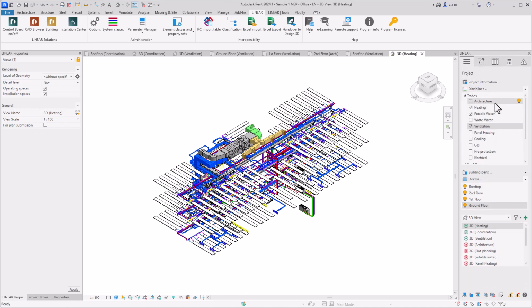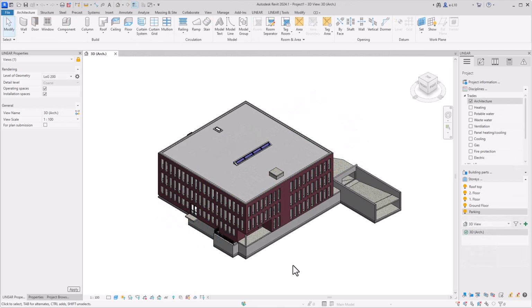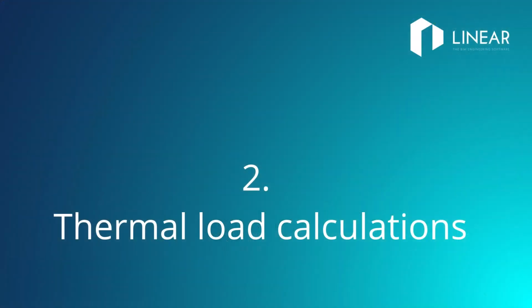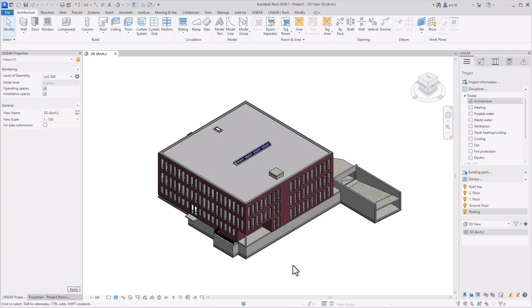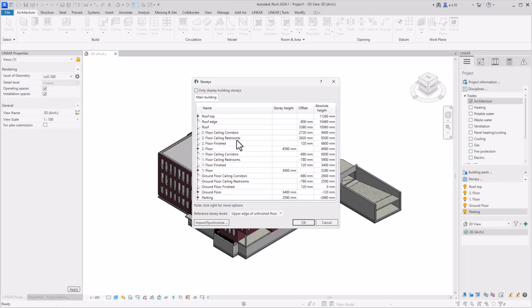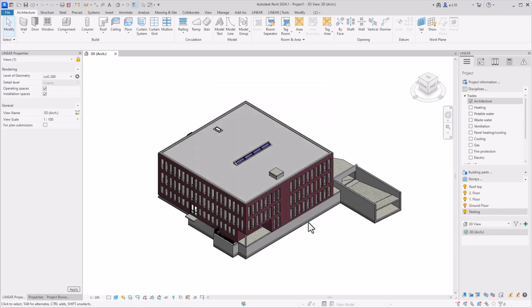After this brief introduction, let's take a look at the steps of a typical planning process and how the linear solutions can help you to improve productivity and also the quality of your results. The MEP planning process usually starts with an architectural model. More and more frequently, this is a 3D model that is submitted either as an IFC file or a Revit